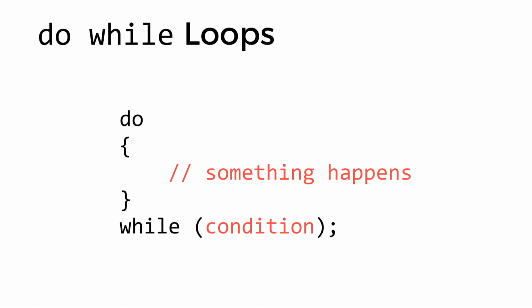However, it's up to you to check to make sure that the integer that the user does type in is inside the valid range of 1 to 8 inclusive. If the user types in a number that's outside of that range, then it's up to you to re-prompt the user, to ask them to type in another integer. How might you do that? Well, you might consider using a do-while loop, which is a loop that runs at least once and might continue to repeat if some particular condition is true. You might imagine inside the body of the do-while loop prompting the user to type in a number, and then having some condition that checks to see whether or not you should re-prompt the user to type in another integer. I leave it up to you to figure out what that condition should actually be.